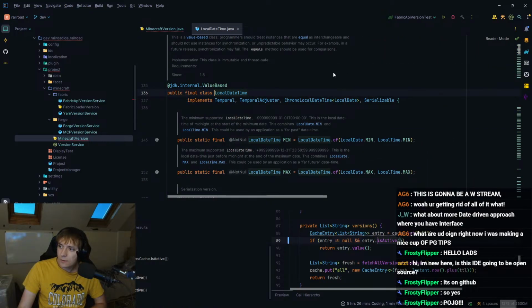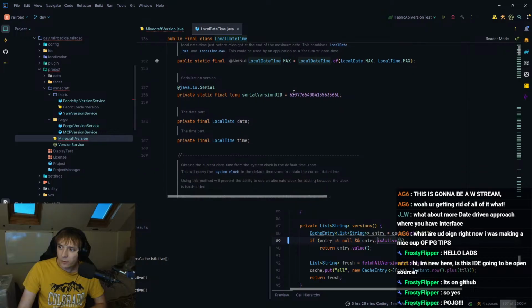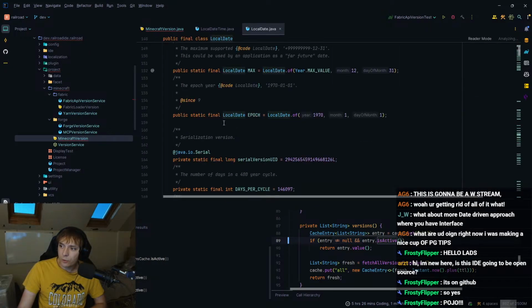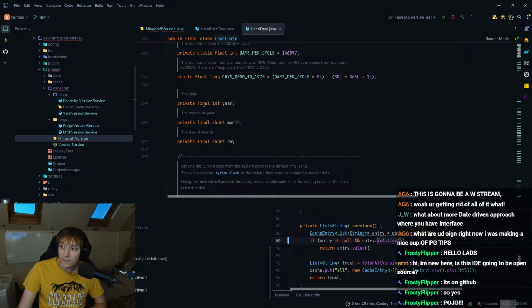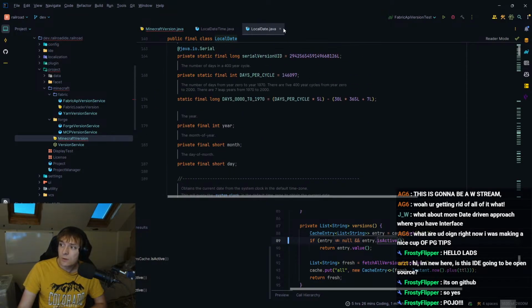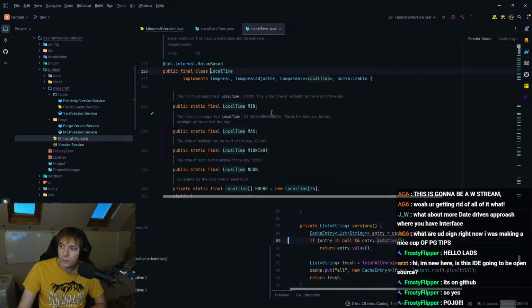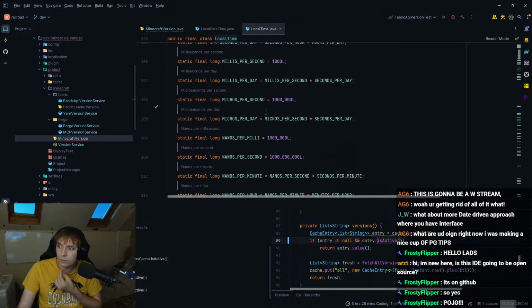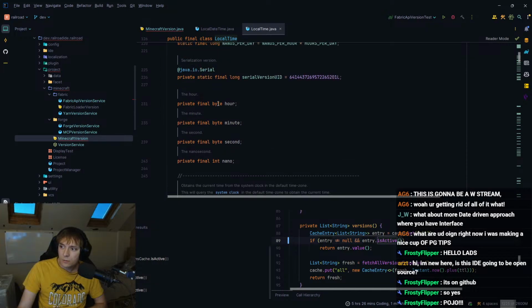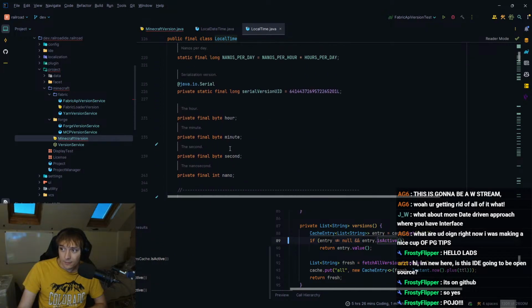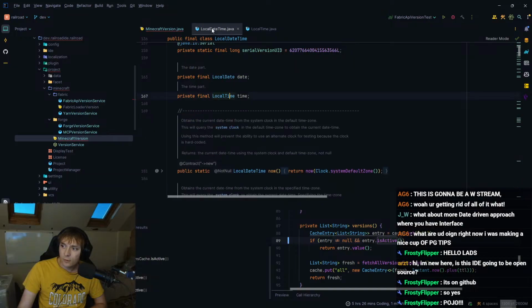So I think these, because these aren't much data, right? I mean, they're not even going to be half a megabyte realistically. It's 2 local dates, which is what, just a string, I'm guessing? Okay, it's an int and 2 shorts. So if we're talking an int, 2 shorts, and then a local time, which is what? What is a local time? 3 bytes and an int. So an int, 2 shorts, 2 ints, 2 shorts, and 3 bytes.